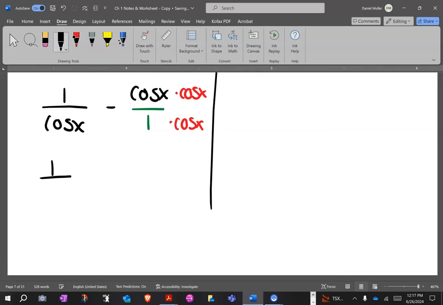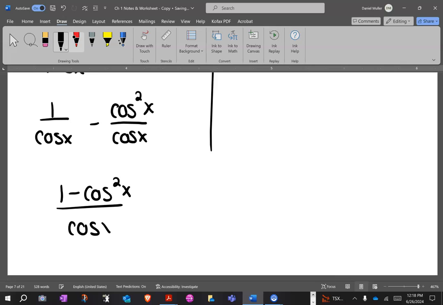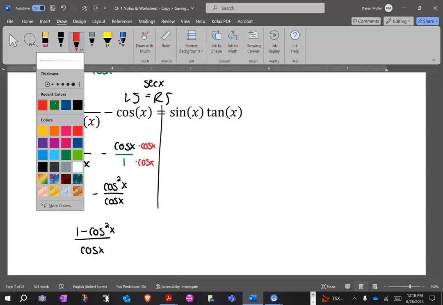So I have 1 over cos. I'll make it a little nicer. 1 over cos of x minus cos times cos is a cos squared over cos of x. So now that they have a common denominator, I can push them together. 1 minus cos squared. It's going to be pushed together on top all over cos of x. Now that does not look like what I have up here, but I have been looking at obvious substitutions and